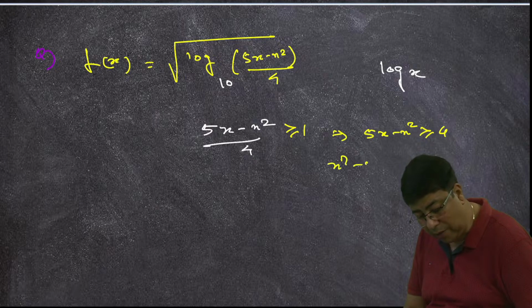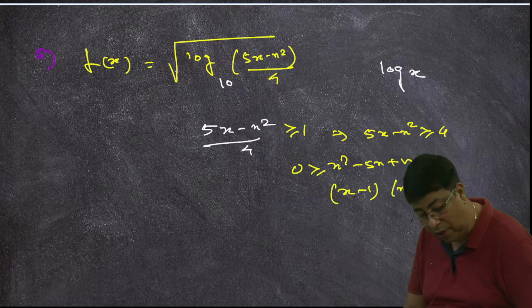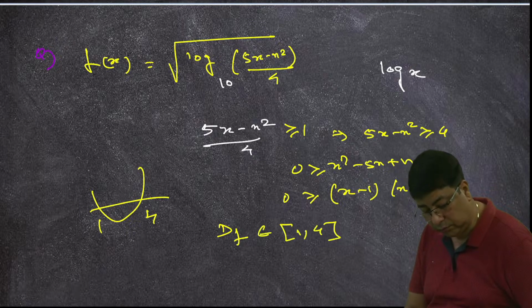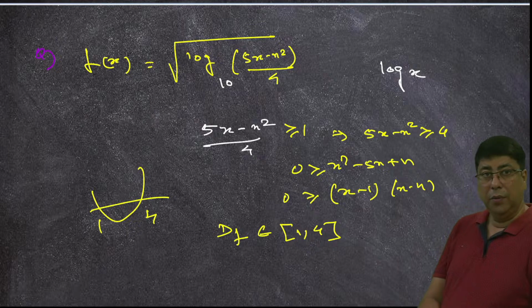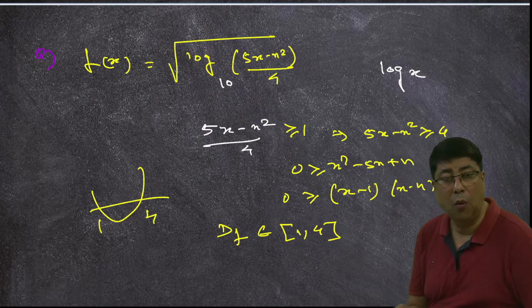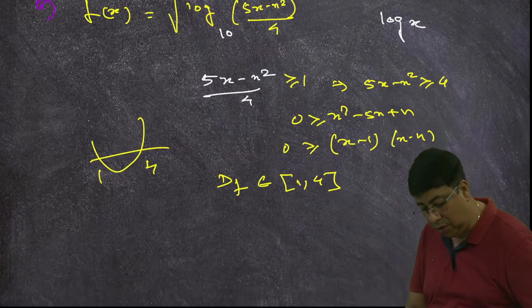So x square minus 5x plus 4 less than or equal to 0. So (x minus 1) into (x minus 4) less than or equal to 0, and apply the wavy curve. So x, meaning the domain of the function, belongs to [1, 4]. Okay, domain means solve for x, range means solve for y. On the domain, the range depends. Okay? Now if I go to the next sum,